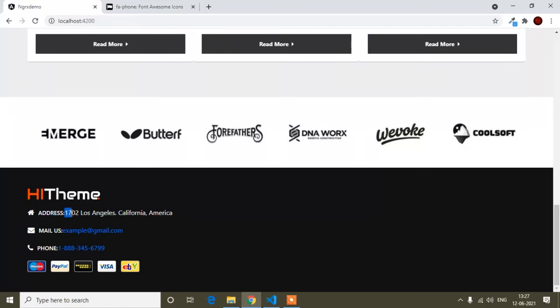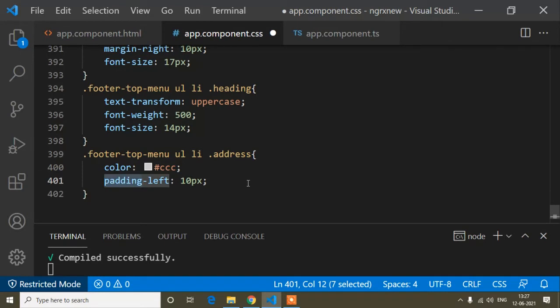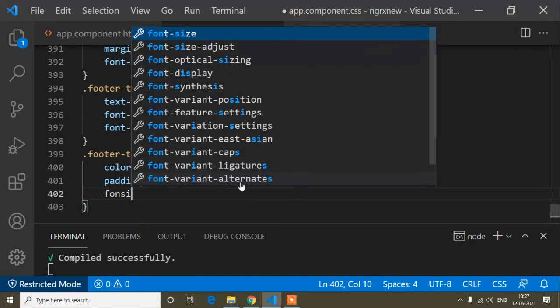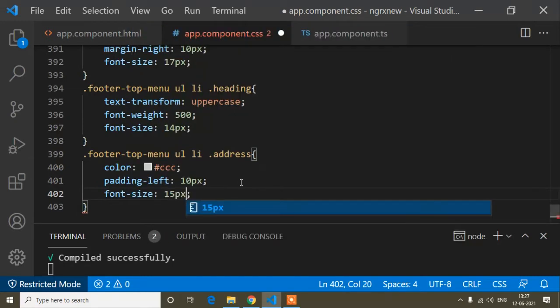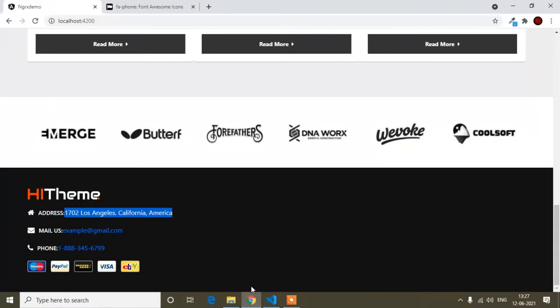So I am adding space on this content, and the space will be on the left side of this content, so that's why padding-left. But you can write the margin-left, it will work the same. And now font size, so font size is 15 pixel. So this is done, and I will show the preview.